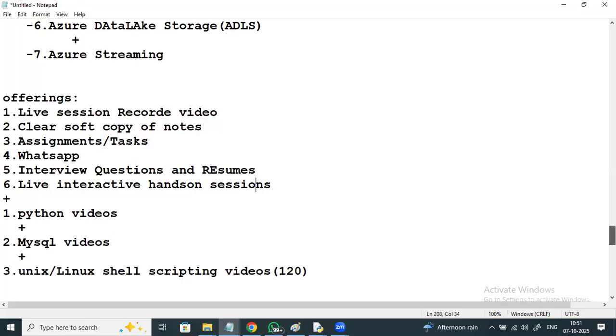Tomorrow also you can attend the session at the same time, at 10 o'clock, using the same link. We'll be entering into the technicals tomorrow, with more detail about these services and products. Meanwhile, if you have any queries, unmute yourself and ask through voice or chat. Even during the sessions, you will be kept unmuted, and at any point you can respond and ask queries. Any queries from anyone? Fine.